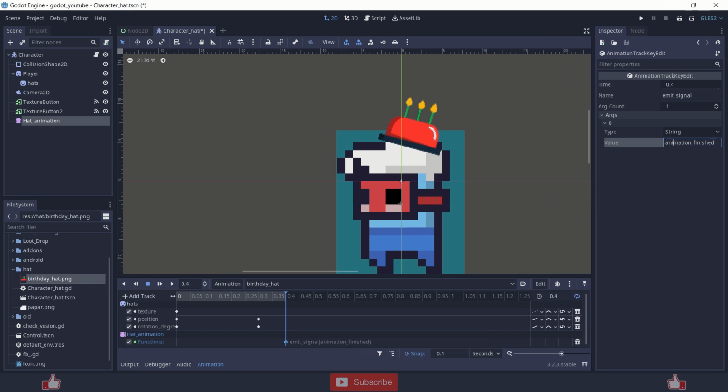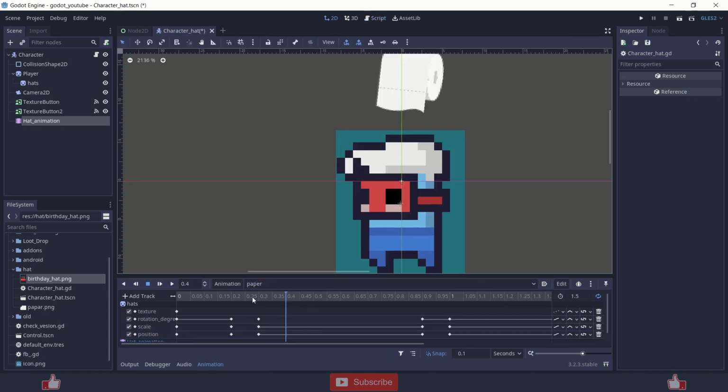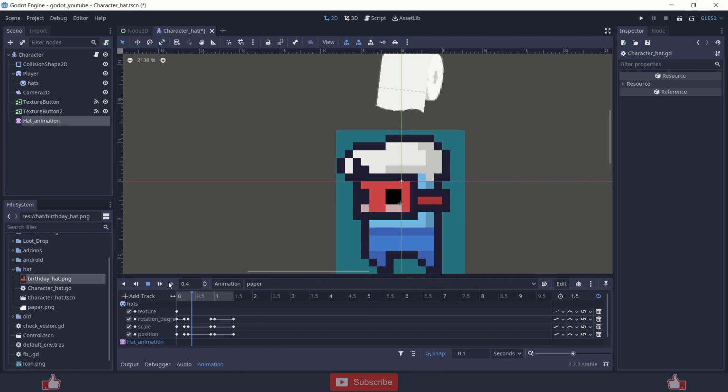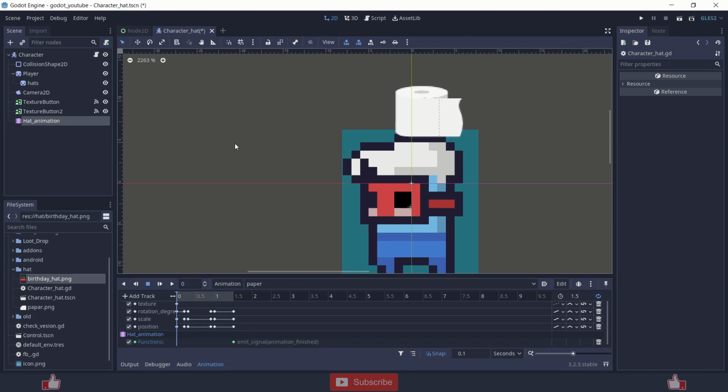I am using this animation finished, and similarly with the paper, it has a more funky animation. And at the end I'm just emitting the animation finished signal.